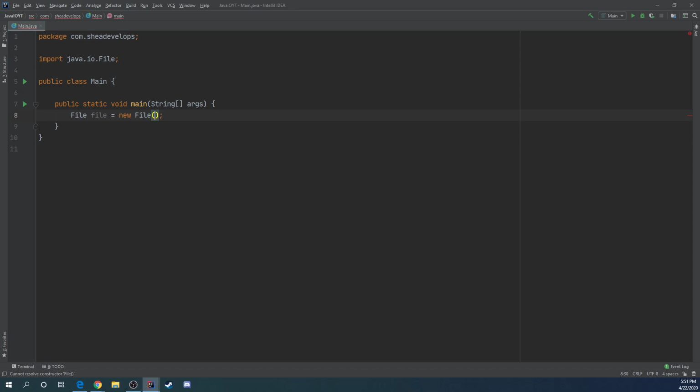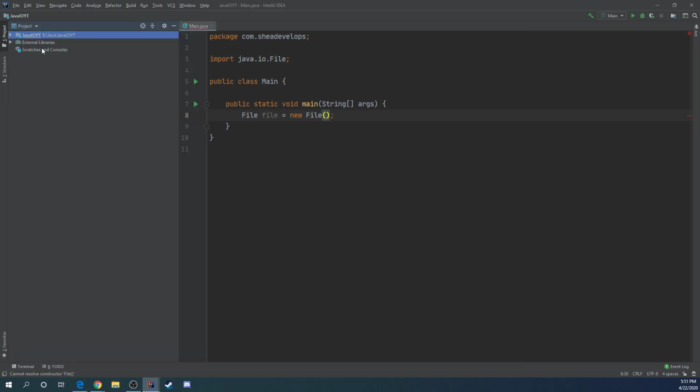Okay, we're going to actually pass it a path name, and it's going to be the path name of the file we want created. If we don't pass it a drive letter and the whole folder structure, it's going to assume that the path is within this Java package here that I've created, Java.io, YT. So for now, I am just going to put io